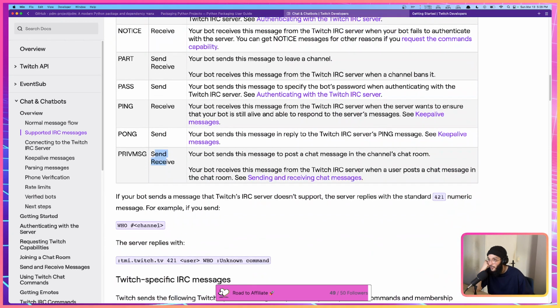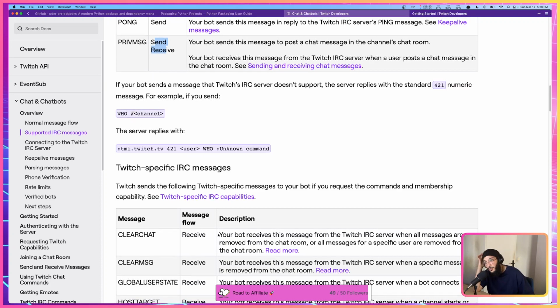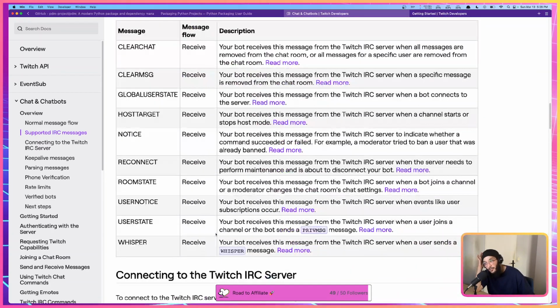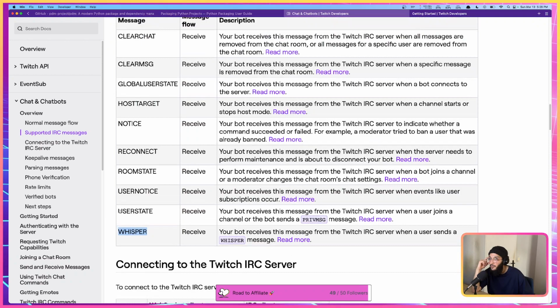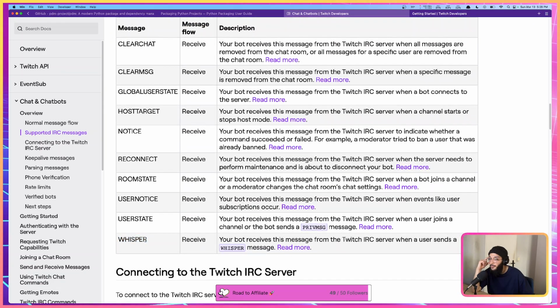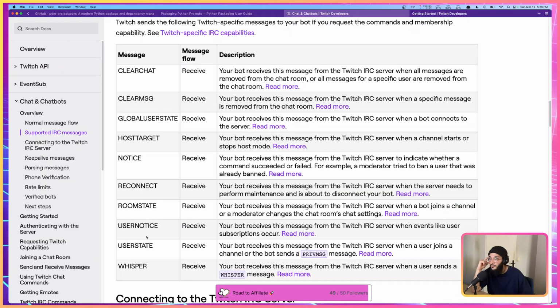Okay, if your bot sends a message that Twitch IRC doesn't recognize, the server replies with the standard 421 numeric message. For example, if you send WHO, the server replies with WHO unknown command. Okay, so these are Twitch specific messages: reconnect, user notice, whisper. Okay, we may have to implement those at some point. Host target,